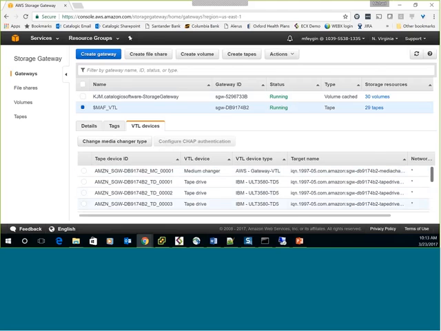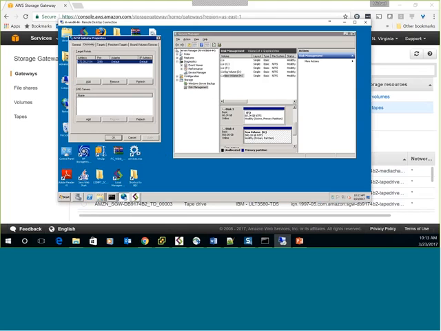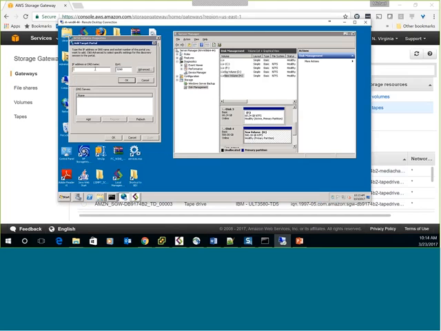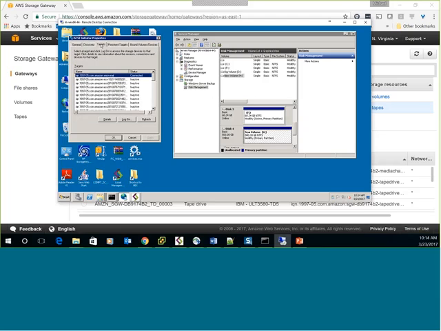So we go back to our device server. We go and add another IP address. So basically, we're just going ahead and adding these, which are all in the cloud, and we're now adding them into our operating system to recognize. Exactly. So we go to the target, and at the target, we can see now all our media changer